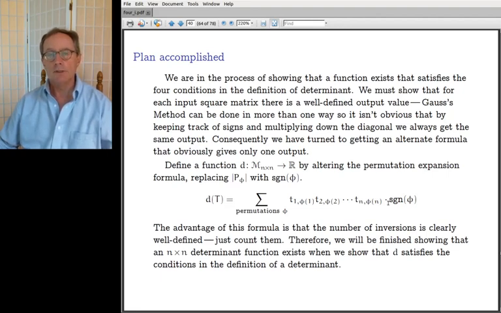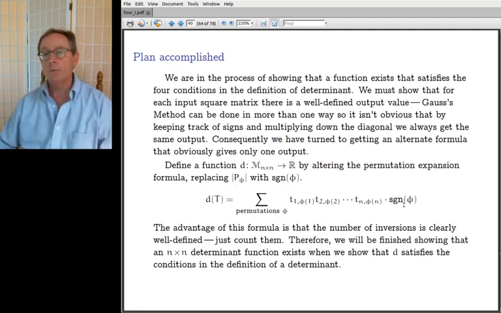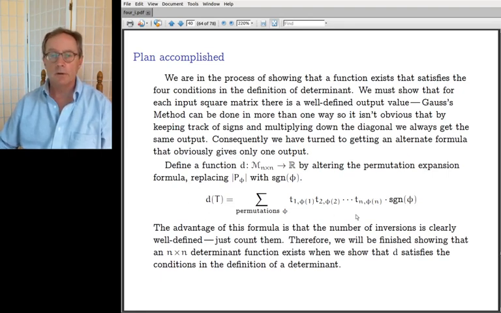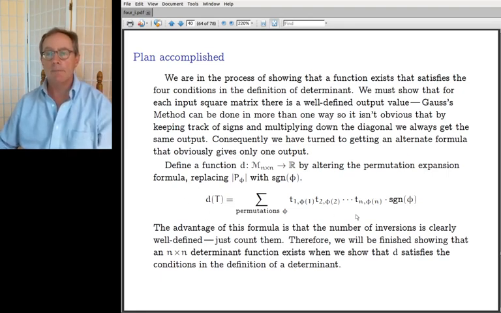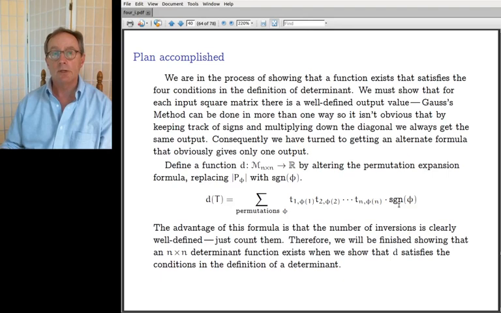But the corollary that we just saw says that the determinant of a permutation matrix is the signum of the permutation. So I replaced that in the formula, and now, after a lot of work, we've got that desired formula for a determinant. The advantage of this formula is that the number of inversions is clearly well defined. You can count them, like I've done a couple examples of counting them already. So we'll be done if we show that D satisfies the conditions in the definition of determinant. Okay, so a lot of work, finally getting to